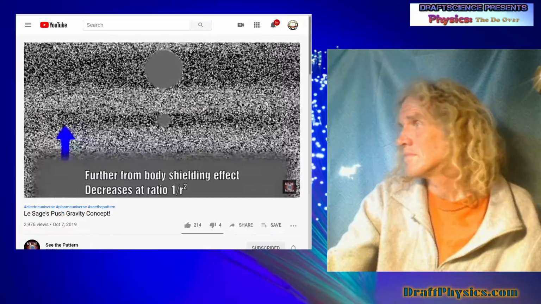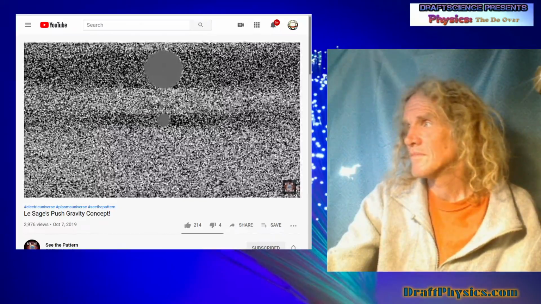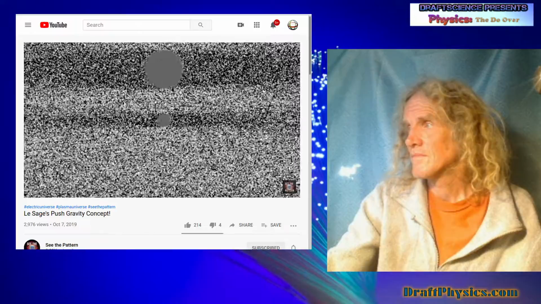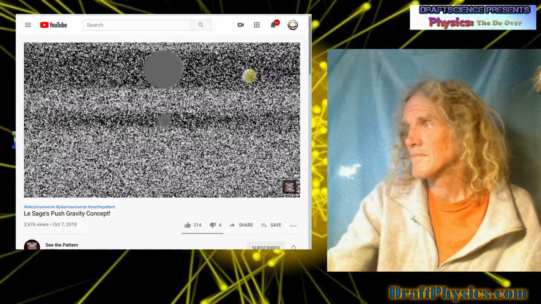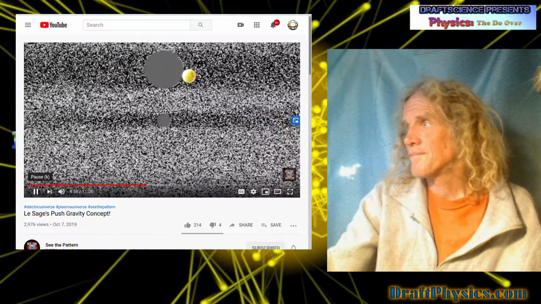A critical aspect of this model, recognized by Lesage himself, was related to the nature of the collisions between the ultramundane particles and the matter itself. These collisions could not be entirely elastic, as this would lead to rebounds which would...